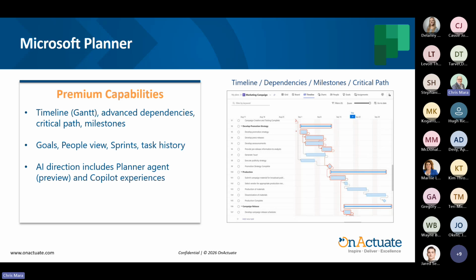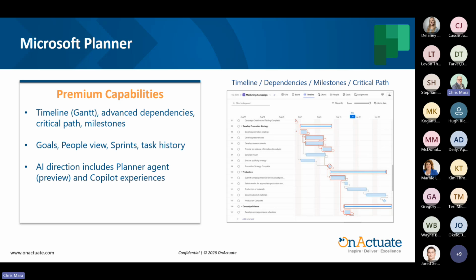The screenshot on the right here represents a timeline view, which gives you a clear time-based picture of the project: when tasks start, how long they run, where milestones sit. But when you introduce dependencies, you can also model real-world sequencing. So this needs to finish before that can start, or what tasks can run in parallel. Also shown in this is the critical path. Critical path highlights the chain of linked tasks that truly determine your finish date. So if anything slips on that path, the overall project slips.